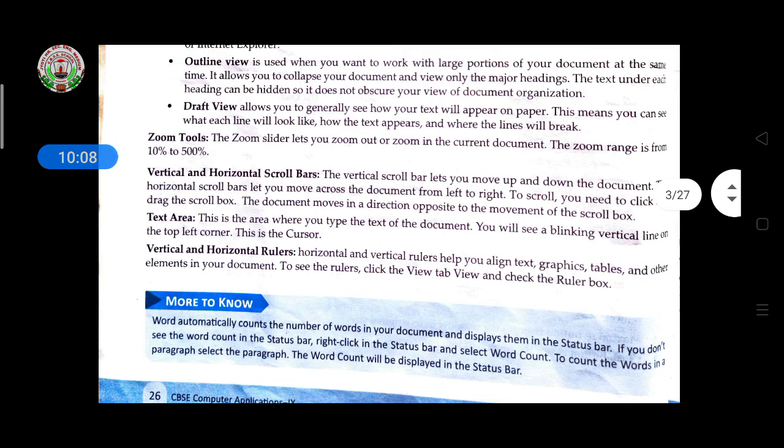Then the zoom tool. The zoom slider lets you zoom in or out on the current document, and the zoom range is from 10 to 500%. If you want to zoom in and zoom out, this will help you. And then the vertical and horizontal scroll bars: if you want to move up and down and left and right, you can use these bars.